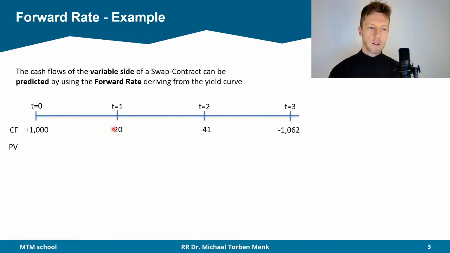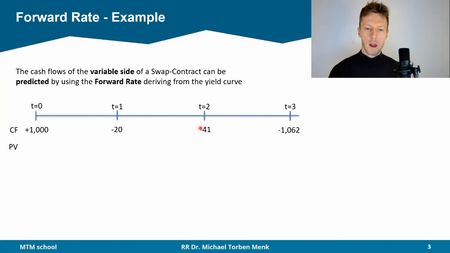In this example, we would have to do the payments of the variable swap contract, meaning we have to pay the variable interest rates. And as the first interest rate will be 2%, we will have to pay $20 in year 1,